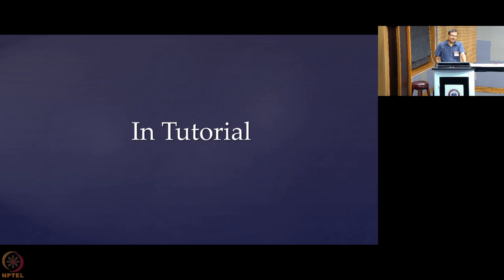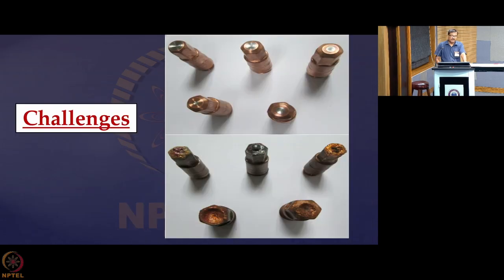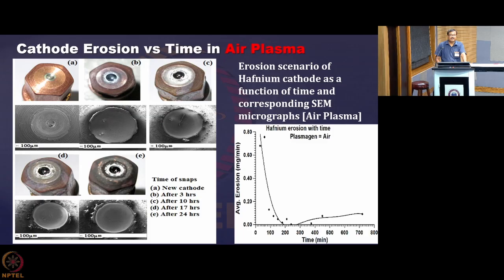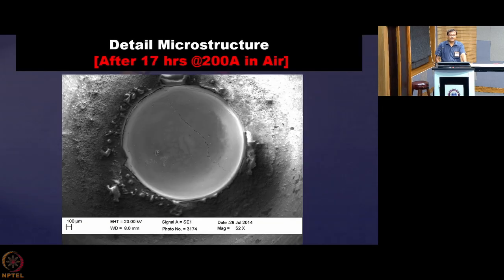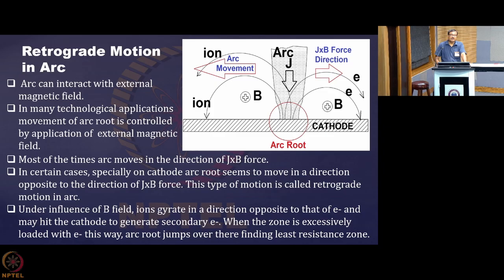I will be saying more about this in the tutorial. I will be telling what the different properties of ideal electrodes are. Then I will be showing you the real cathodes, what the challenges are, and what the rate of erosion is when they are operating in a molten form at the tip. Then I will show you some actual pictures, and how a cathode operating in a molten state can operate for tens of hours without any issue. What is the science behind it, I will be explaining in the tutorial.